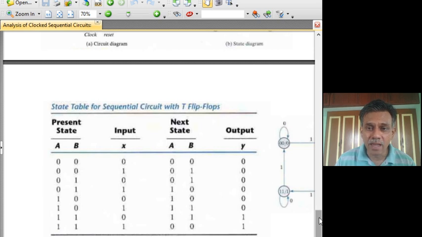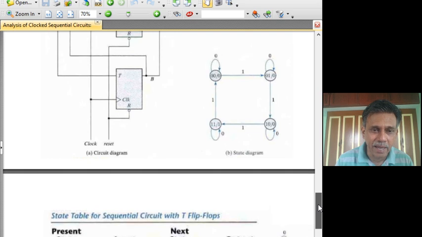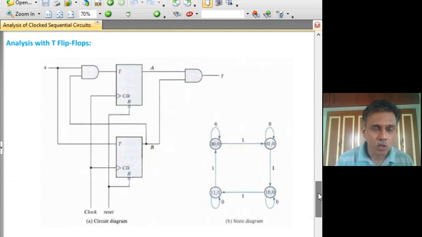In this case, I have skipped TA and TB. We have not written them out explicitly, but when you are beginning to solve problems, you have a habit of writing out TA and TB so that errors are minimized. But if you are sure about your understanding of the T flip-flop, you can skip it and mentally work out how A plus and B plus can be arrived at from these input conditions. So here we have to be a little more attentive and do some mental calculations to get A plus and B plus. So remember this.